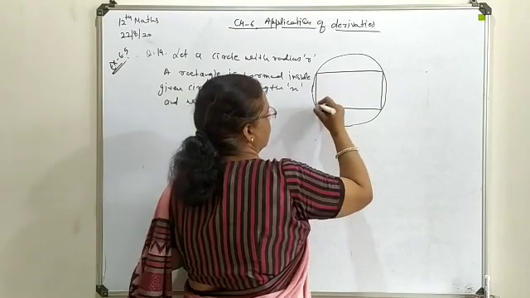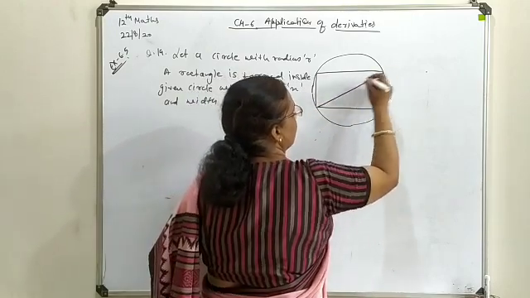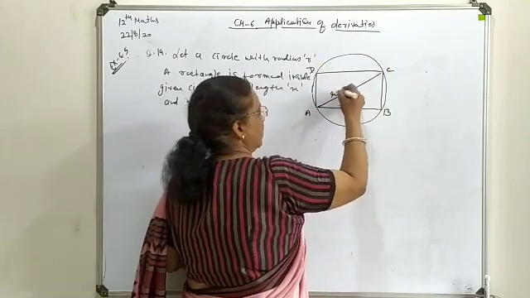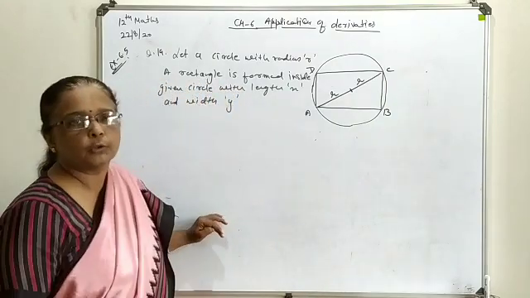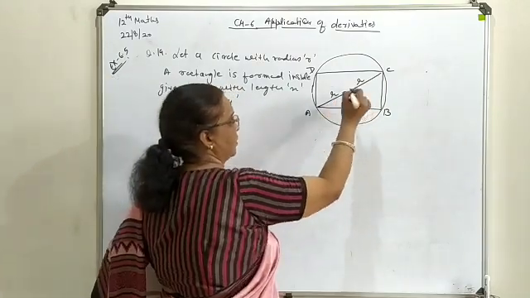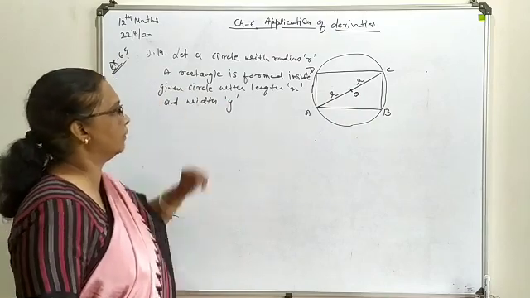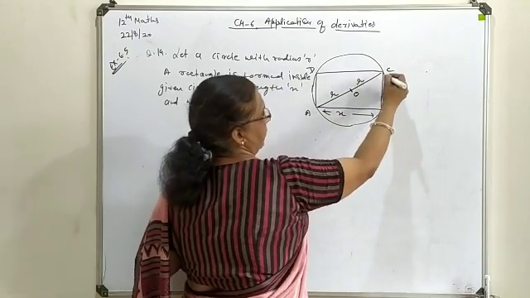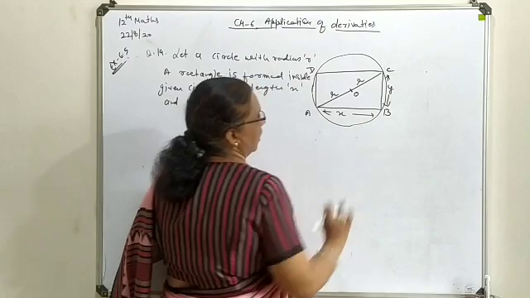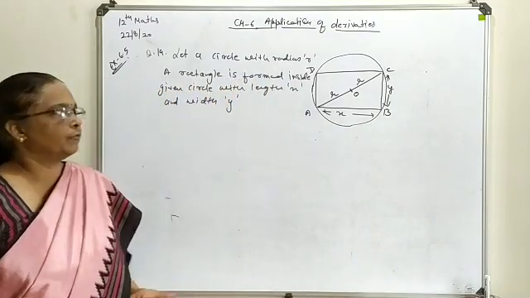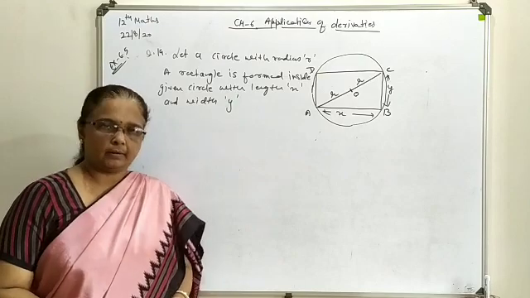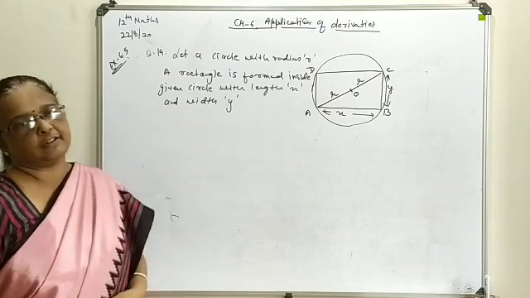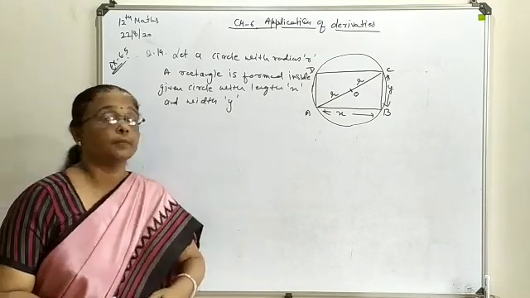What we have written about the circle, this radius of the circle we have as r, so obviously its diameter will be 2r, r and r. This is the center of the circle. Secondly, the length of the rectangle formed inside we have supposed as x, and the height or width we have supposed as y. Now on the basis of area evaluation, you have to prove that x and y both have the same solution.